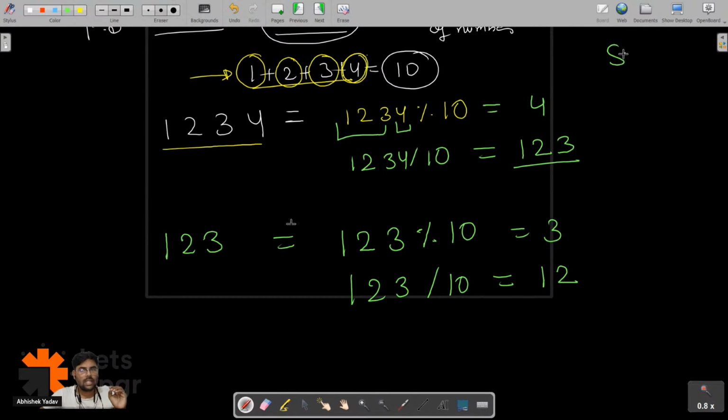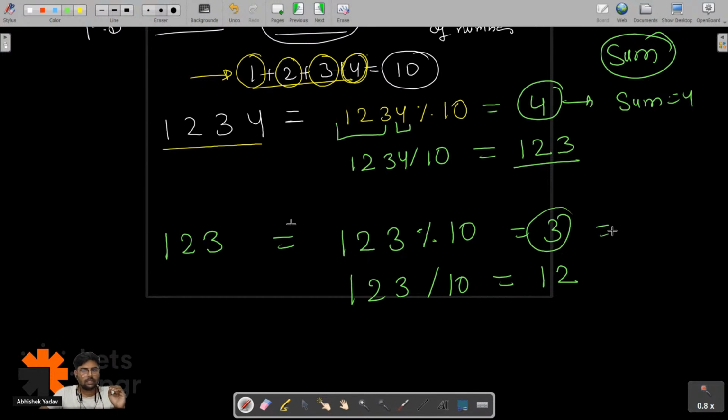What I will do is maintain a variable sum. The moment I get a last digit, I will add that last digit to this sum. So first, the value of sum is 4. Next time, the value of sum will be 4 plus 3, that is 7, right? After that,